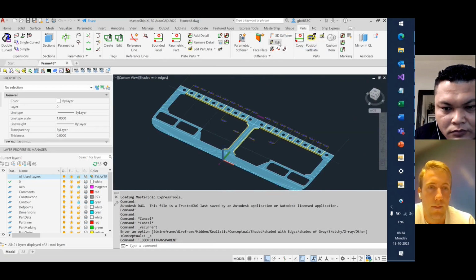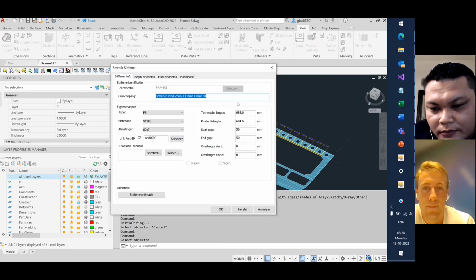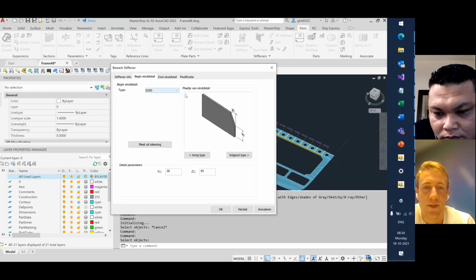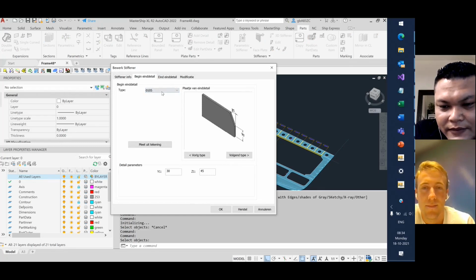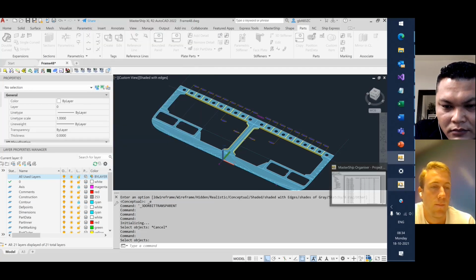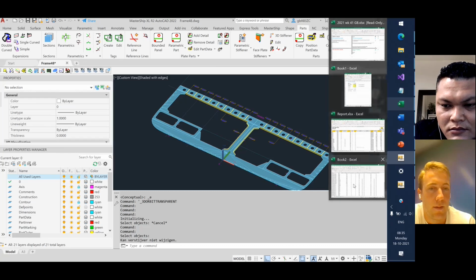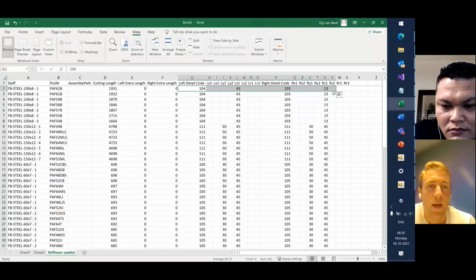So you can edit. Then this is what you want to see, right? Definitely. So 104, 103. Those are the items that you want to see. And also the parameter. That's what you want, but it's not here by default. So yeah, that's a bit of a problem. What we do have,